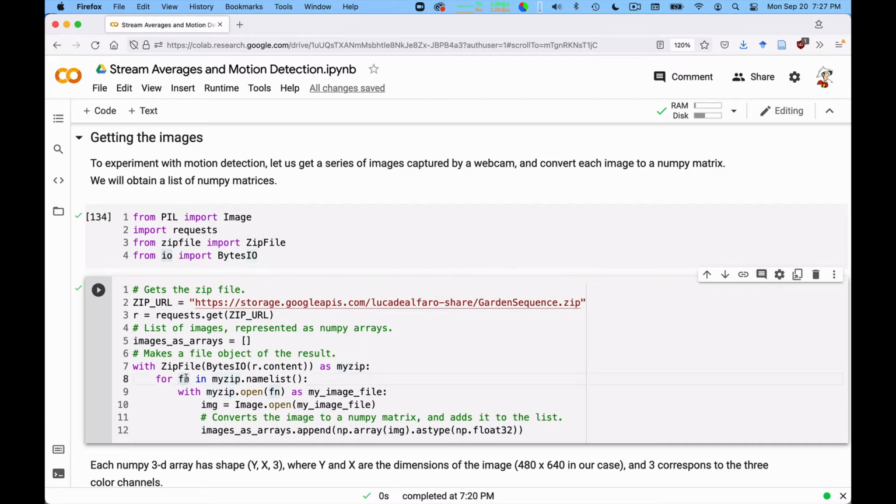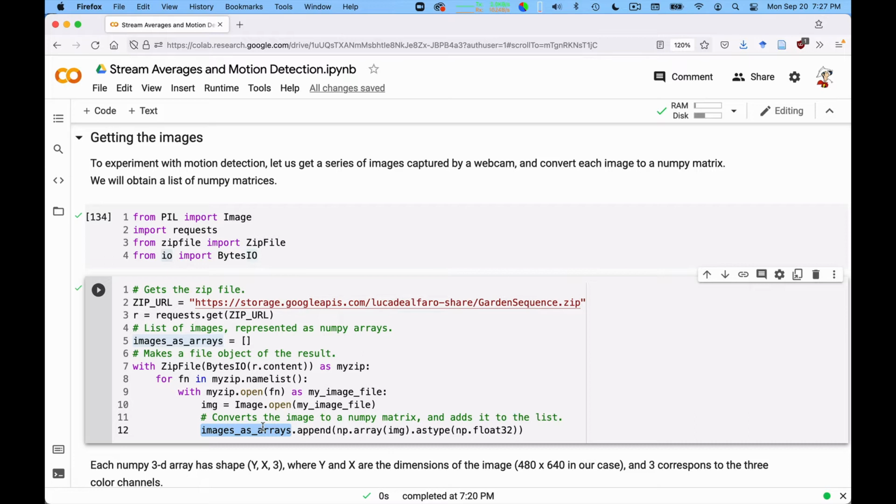Okay, and for every file that has been zipped into your larger zip file, this represents an individual image. I open it, I read it as an image, and I put the image converted into NumPy in an array of images. So this code probably took me certainly more than a few minutes to write, because I had to search for all these resources and figure out how everything works. But this code is quite compact, and I invite you to study. It does a lot of interesting stuff in a very short format. And at the end of it, we have this array of images, each one of which is represented in NumPy.